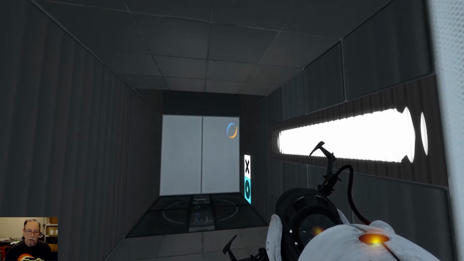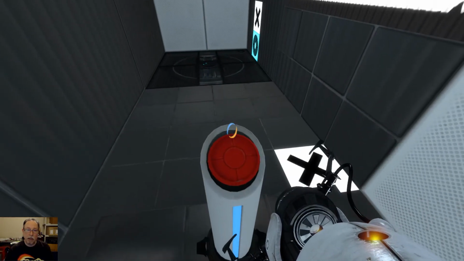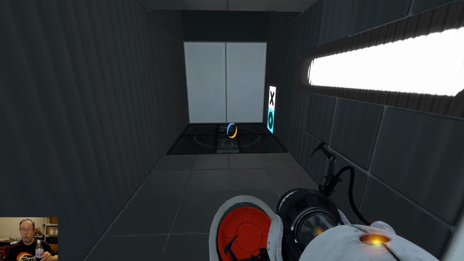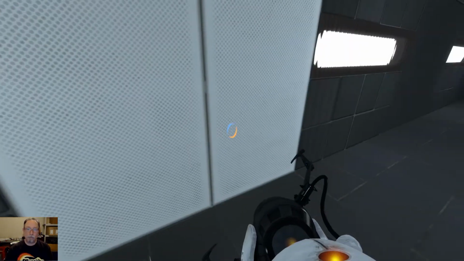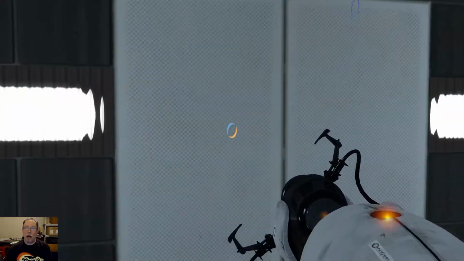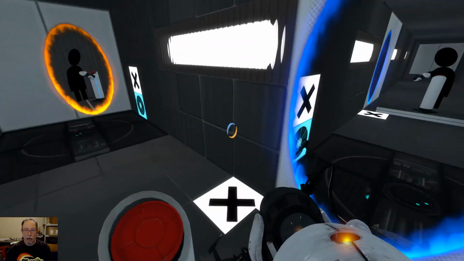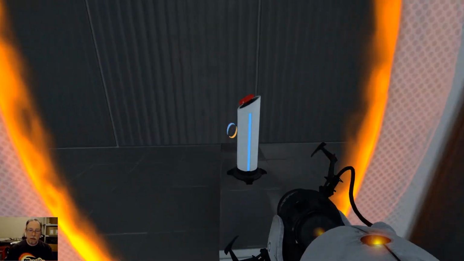Okay, so we have to be standing on that plate when we press the button, but we can't be standing on that plate when we press the button. I like that. Gee, I wonder why there's a wall here that will accept a portal. Why? It just boggles the mind that...